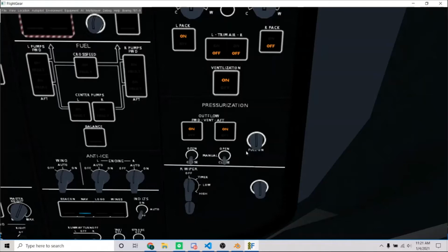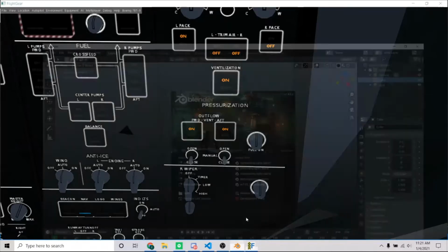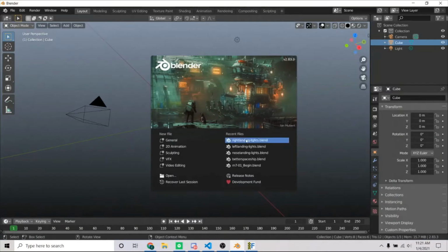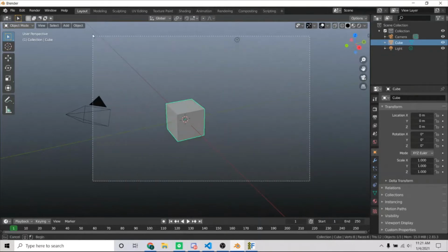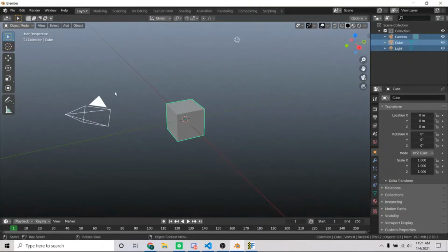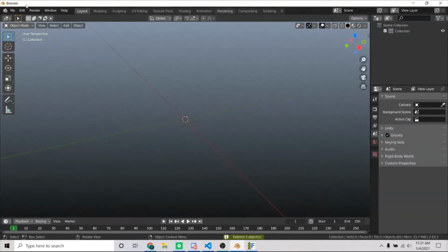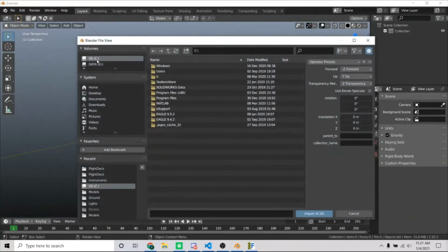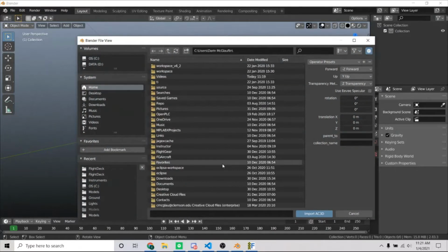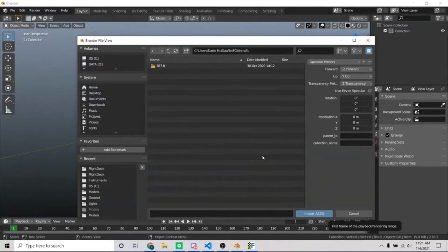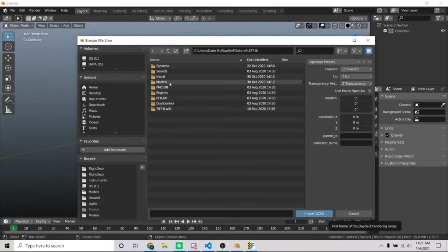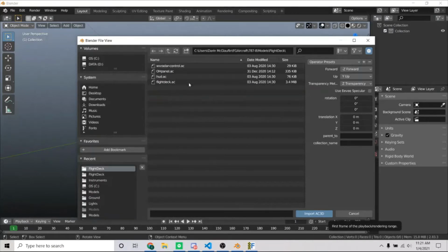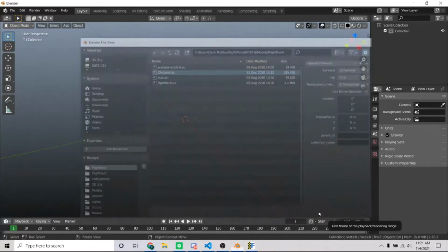So what I did was, first thing I did was I went into Blender, and this is what your default Blender is gonna look like. You can just click out of this menu. You don't need it, and then delete all these other objects, because these are just default objects that spawn in when you open Blender. And go to File, Import, AC, and then navigate to where you have your FG aircraft saved, and then go into Models, Flight Deck, and here we have the overhead panel, because that's what we're working on right now. So import it,